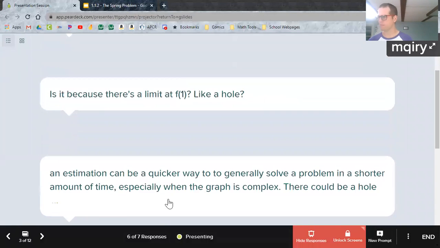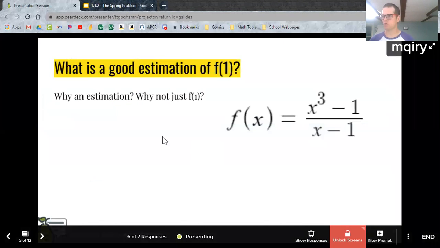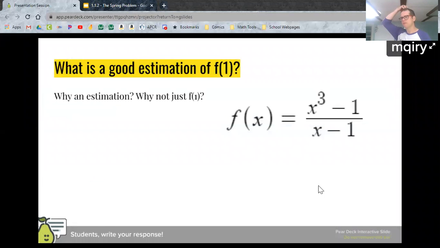Okay. Cool. So to address some of those things, yes, there is in fact a hole there. And we know there's a hole because when you plug in 1, you get 0 over 0, right? And since you get 0 over 0, that's indeterminate, and that almost always is a hole. For pretty much everything that we do, it's a hole. So we can plug it in, but we get the hole. And knowing it's indeterminate means that there probably is another way to get the limit. That's not always the case, and we'll see that later. But often, if you get 0 over 0, there's something else we can do to figure out